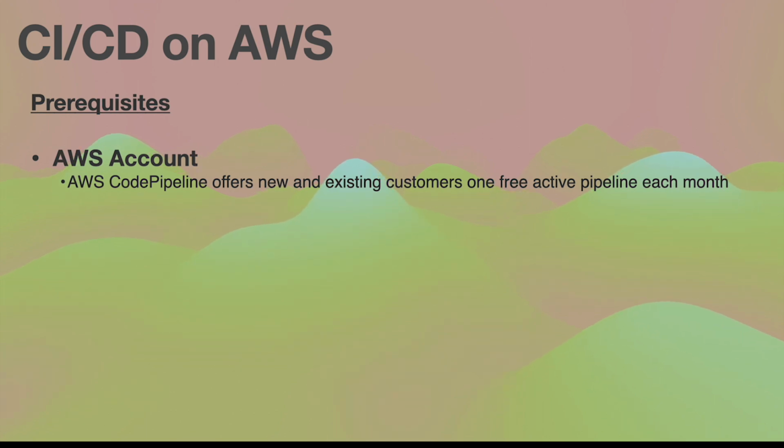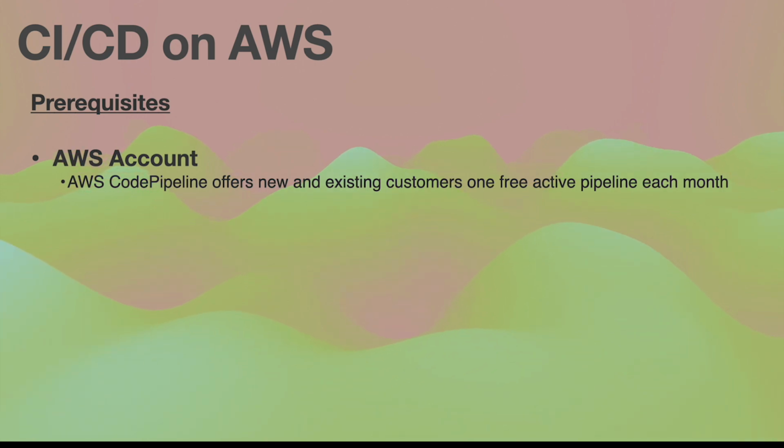So if you have two pipelines, then AWS will charge you for the second one, not the first one. The first one will be free. So please remember this. If you want to follow through this tutorial and create one new pipeline, please make sure, if you want to stay in the free tier, that you are not crossing the limit of one active pipeline